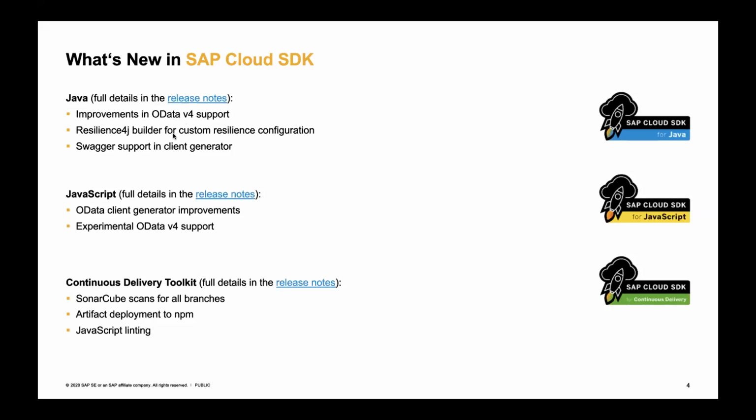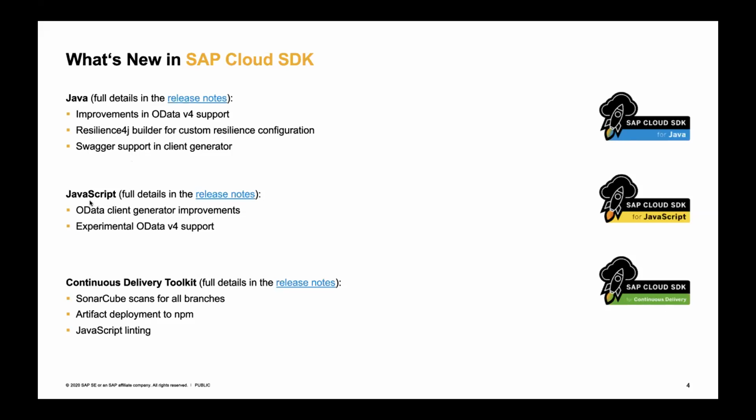Last but not least, Swagger support was added as part of the Open API initiative, where SAP is also part of. Swagger is one of the formats that now are possible to be used for generating OData clients, and not only OData clients, but obviously also other type of clients. On the JavaScript side,